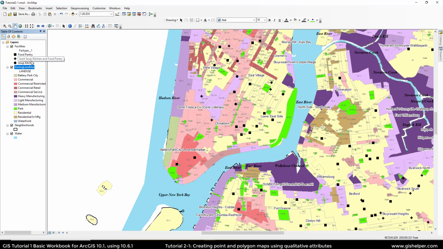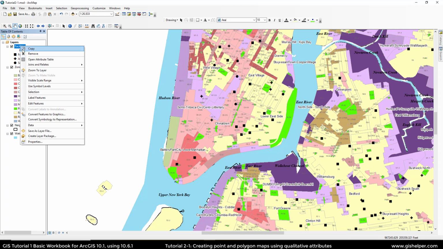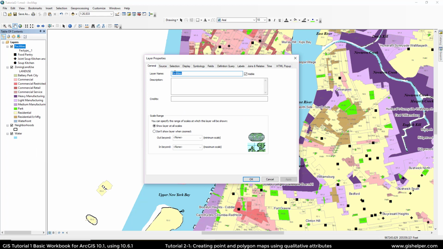Now, all of these facilities deal with some kind of food. What we're going to do is we're going to rename it. Now, I don't know if they skipped this or forgot to incorporate it in an early chapter, but how do you rename a feature? Well, you just come over here and you can click on it once to highlight it, wait a second, and then click it again. And that will allow you to edit it. You can also right-click it and go to Properties, go to the General tab, and you can rename it here as well. So I'm going to call it Food Facilities,